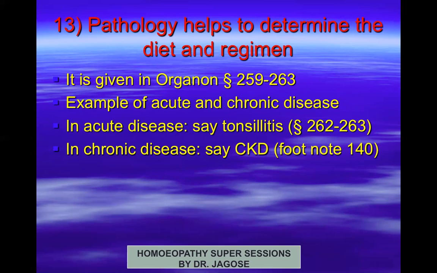So therefore, in an acute case, the patient will only desire those things which give him relief. Therefore, Dr. Hahnemann says whatever the patient wants, you have to give it to him in an acute disease, provided it is within moderate bounds. He clearly states that, provided it is within moderate bounds.